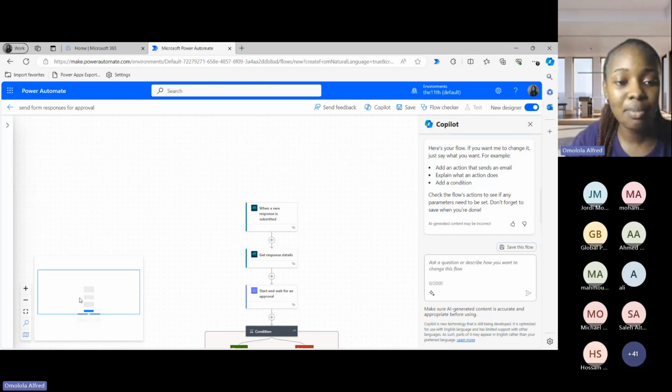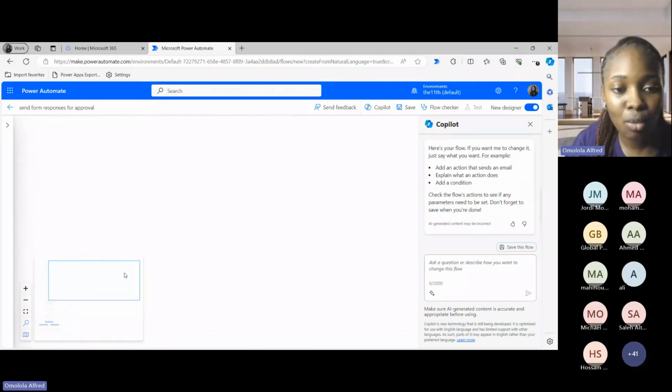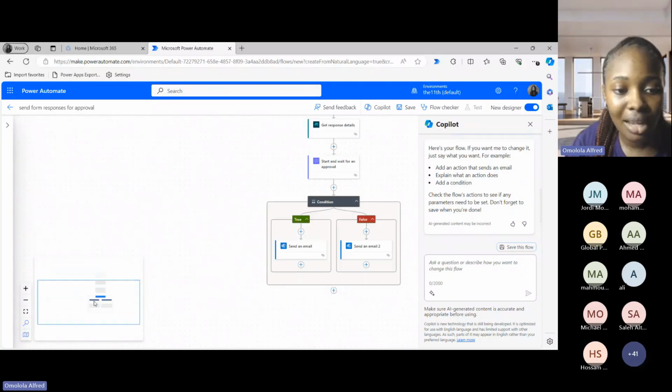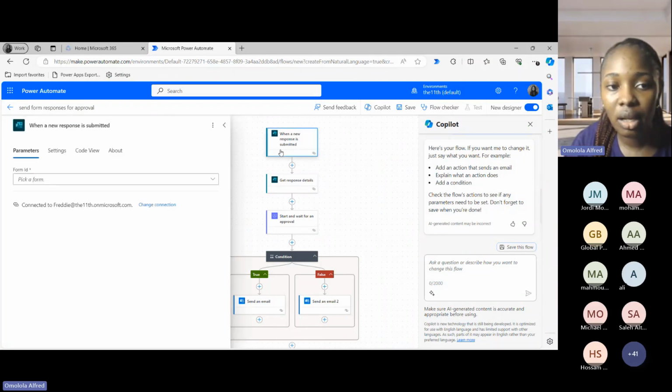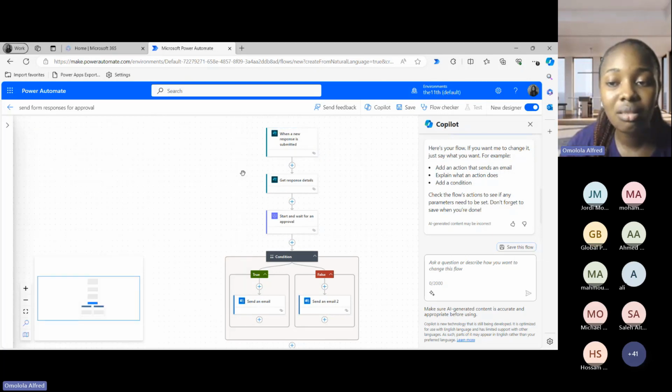This mini map helps you to locate and to find. Can you see? You can use it to easily move, right? So this new studio is not difficult at all. It's simple to use. But now we want to quickly go ahead and work with what we have. So now Power Automate, the AI in Power Automate, which is Copilot, has quickly helped us to generate all of